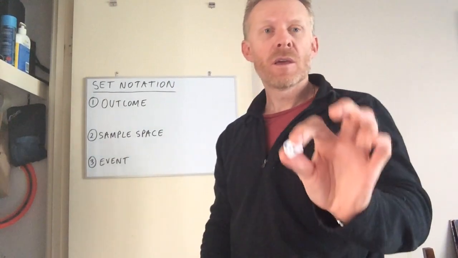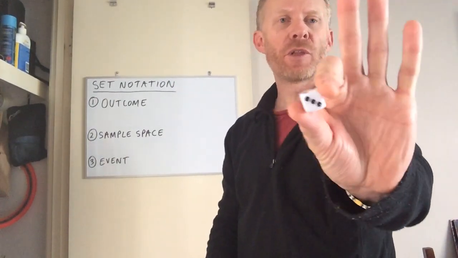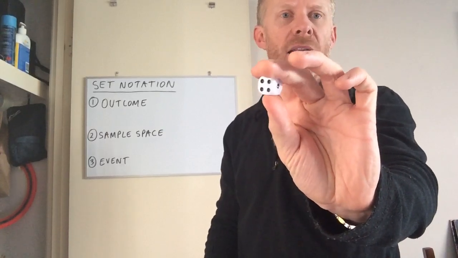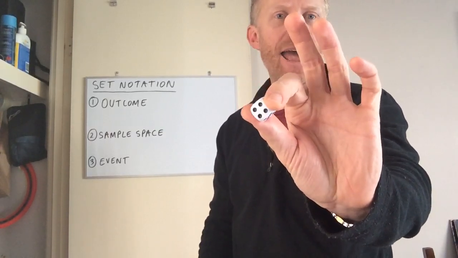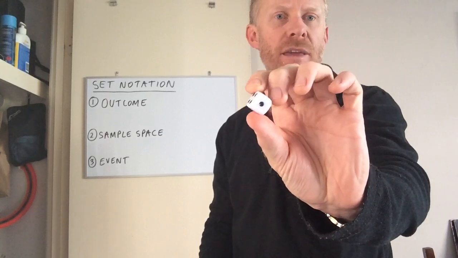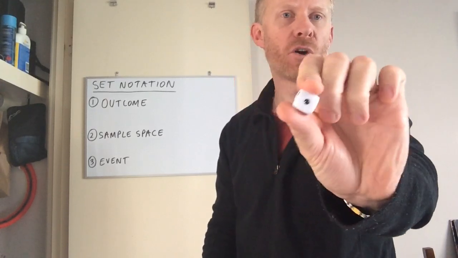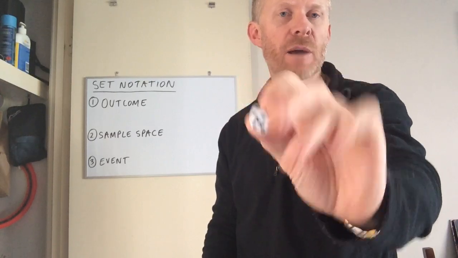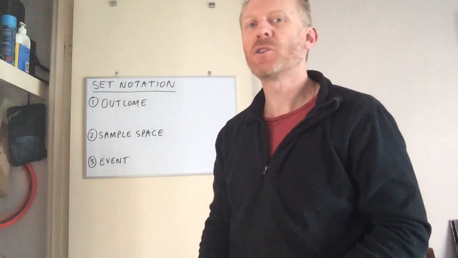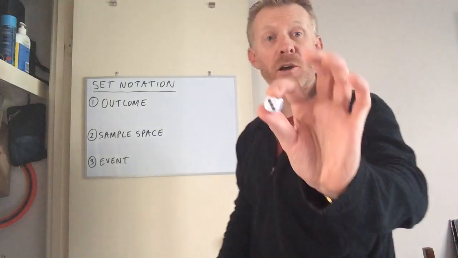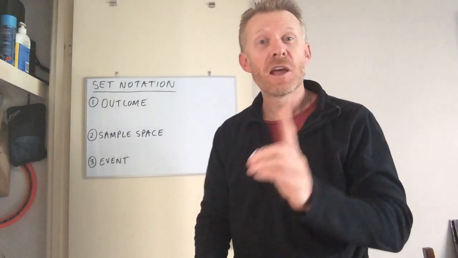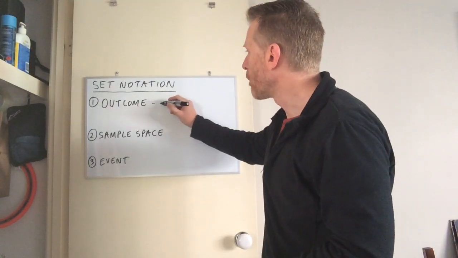Now outcome, if I did a random experiment and roll that dice 100 times, that's an experiment, and the things that can happen are the outcomes. So I roll it 100 times, there is a possible outcome, there's another possible outcome, and of course there are 6 possible outcomes on that dice. I got that dice out of a game called Boganology, by the way, in case you were curious. Now, so that's an outcome, so it's a possible,